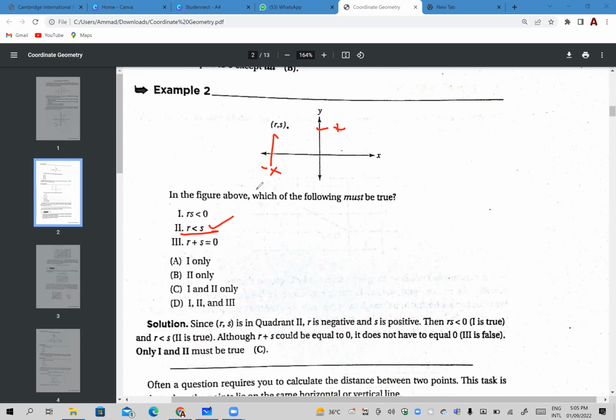R plus S is equal to 0. ये तब possible होगा अगर ये दोनों exactly एक ही point पे आ रहे हो. ये बिल्कुल proportional हो. तो in that case, again, let's say if this is -5 and this is +5. तो -5 plus 5 is equal to 0. तो अगर आप add करते हैं तो आंसर 0 आएगा. तो I think this statement is